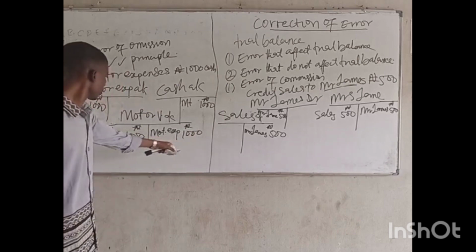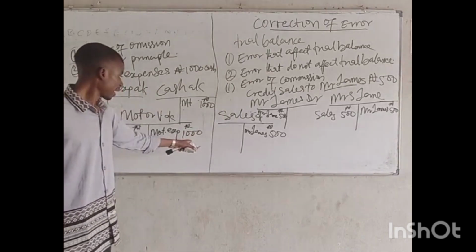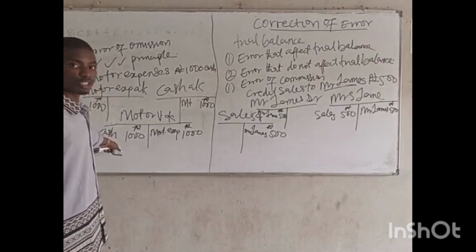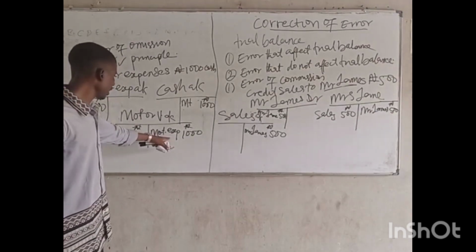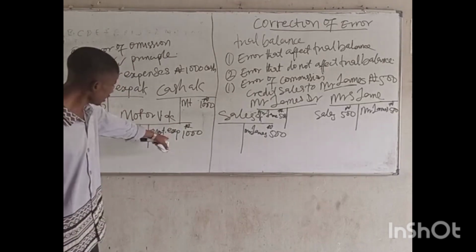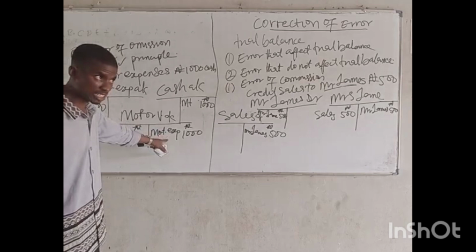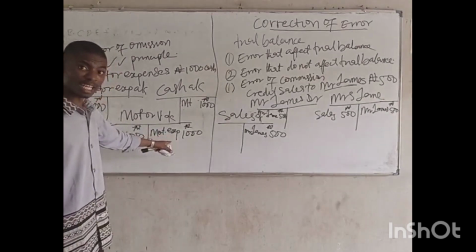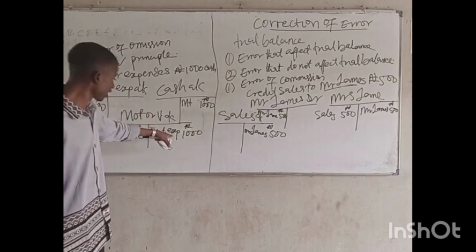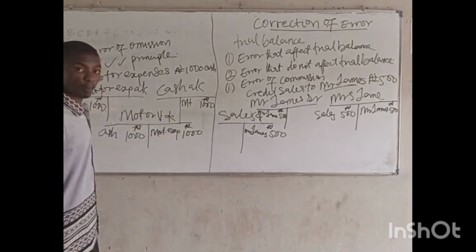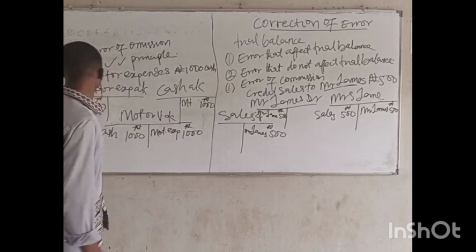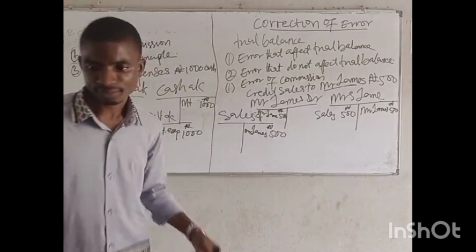By crediting it like this, you have already cancelled what you recorded earlier, and then you will now transfer it to the motor expenses account, because since you recorded it here in the name of motor expenses, it means that the corresponding entry will go back to motor expenses account, and since it is credited there, it will come over to the debit side of the motor expenses account. Then another error